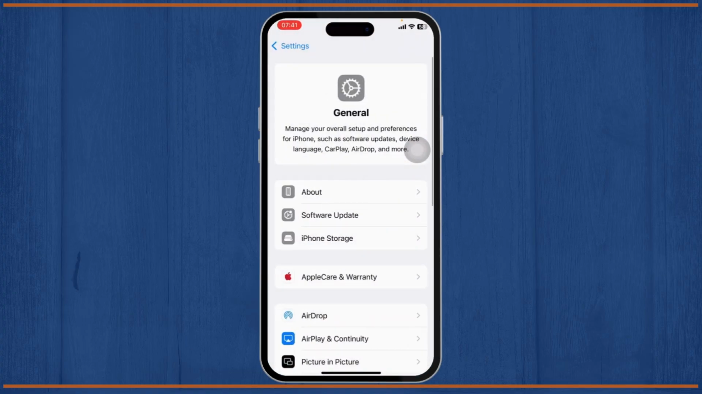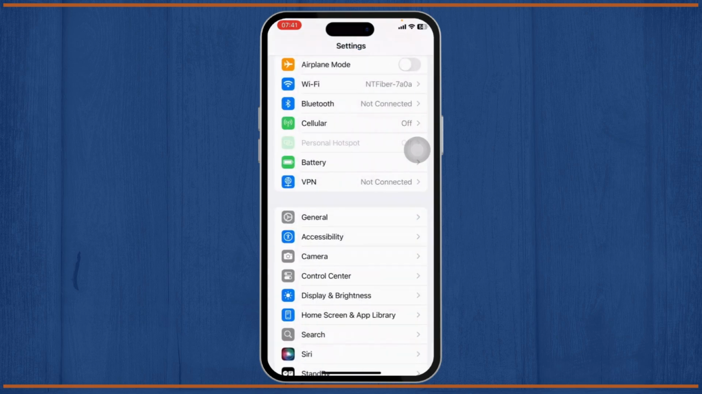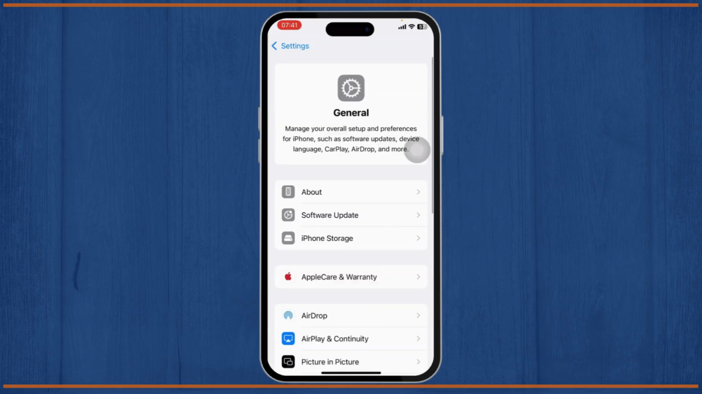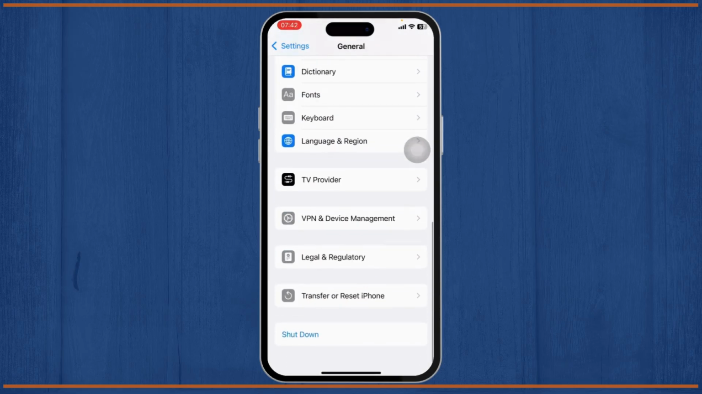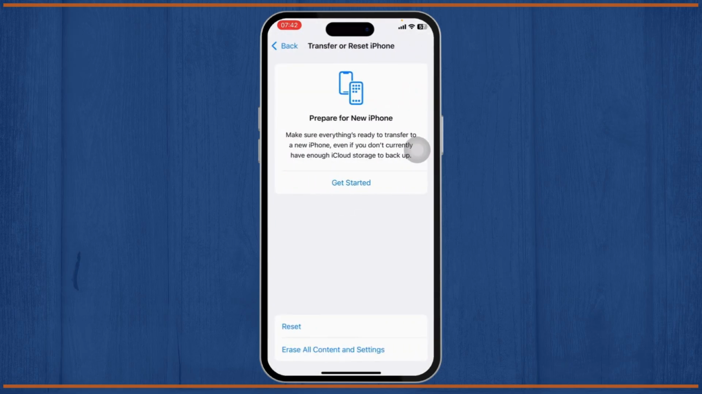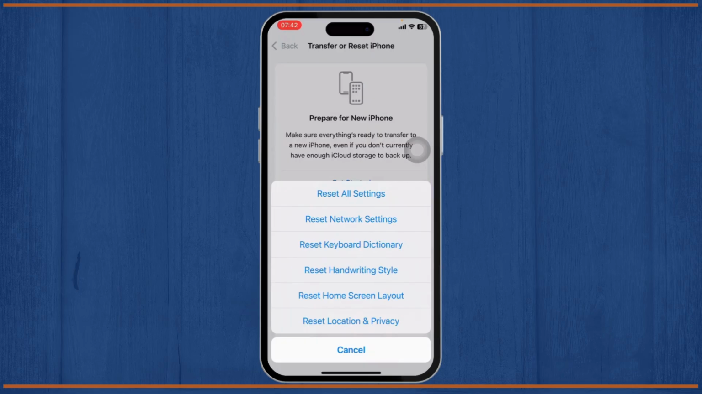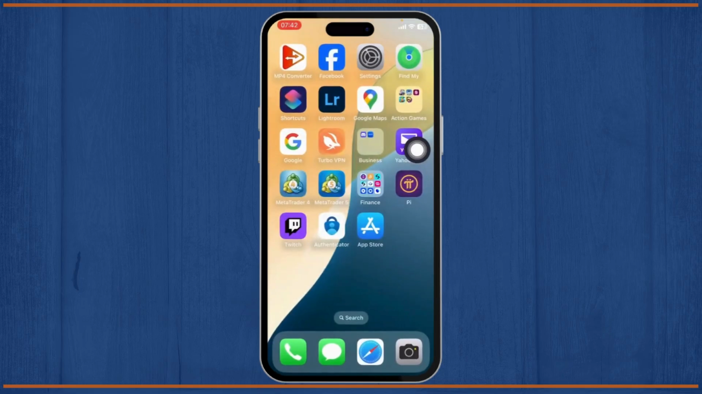your entire phone. Erase everything or just reset the settings. So head over to your settings again and come back to general. After you're on general, scroll down. There you should see transfer or reset iPhone. Tap on it and tap on reset. Now reset all of your settings, and after doing that, your problem should get